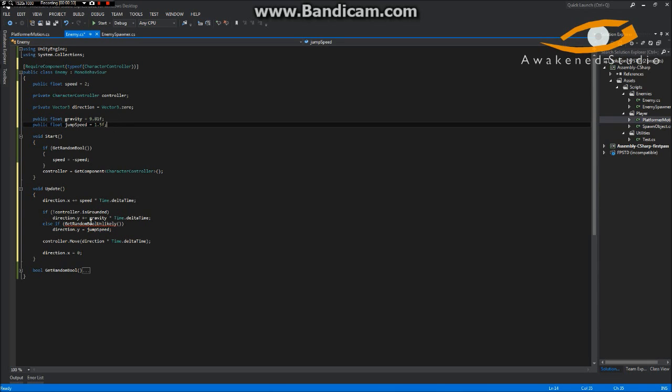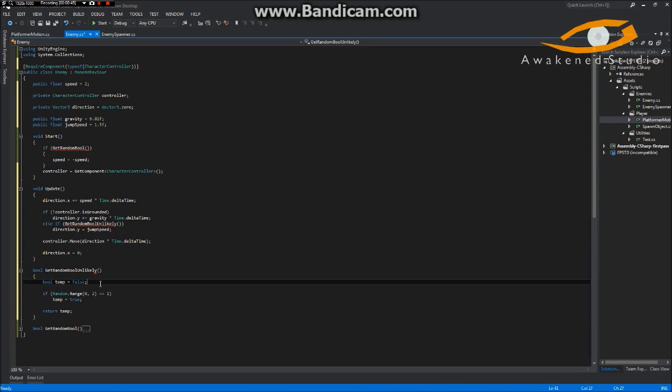Okay, and then the last thing to do is our get random bool unlikely. So what I'm going to do is just copy this entire method and then change the name of it. And now what we're going to do is make this unlikely. So we'll change this to 0 and then we'll do 1 in